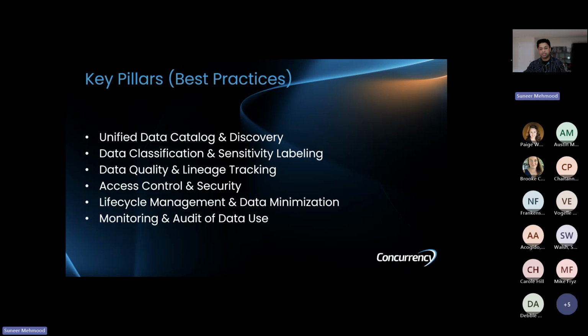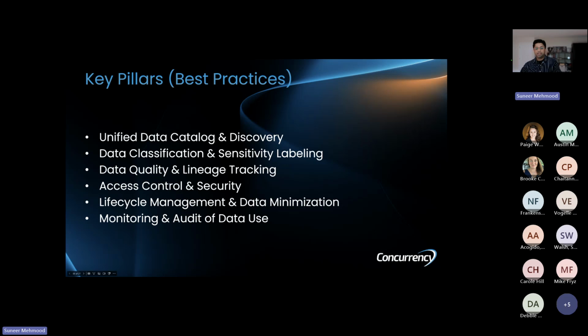And then it comes to access control and security, right? You don't want everybody to have all the access across your data landscape. You would have roles and permissions for certain sets of users, or you could have a regional split for your users. You would have managers looking at data from North America versus certain users looking at European Union data. They're only responsible for that section. So you could have those kinds of access controls, or you could have privilege-based access control as well. Somebody can see the sensitive data because their job role requires it. Somebody does not have to see that, right? Because they don't need it.